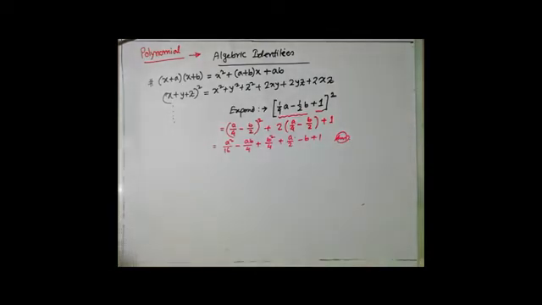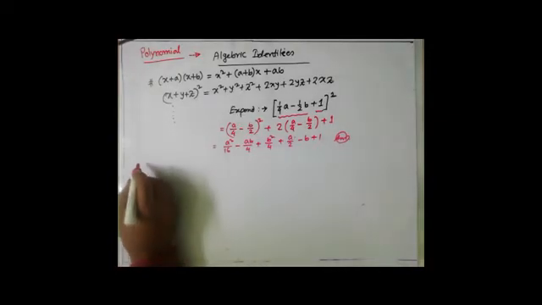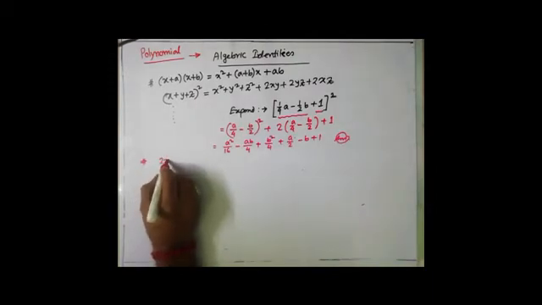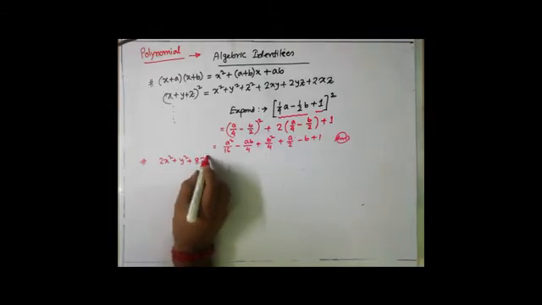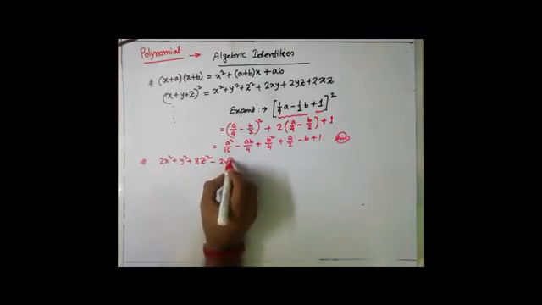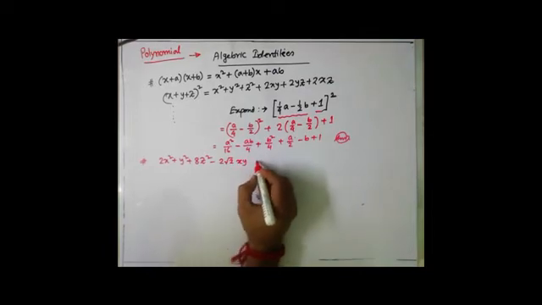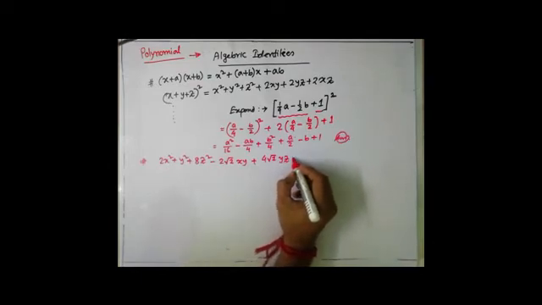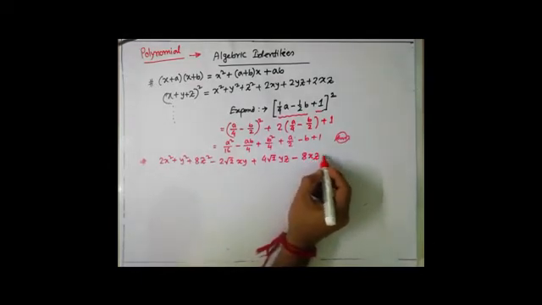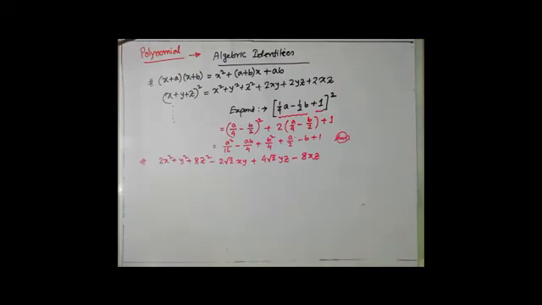So that kind of expansion very frequently comes in the exam. Now a second problem looks like this: 2x square plus y square plus 8z square minus 2 root 2 xy plus 4 root 2 yz minus 8xz. Suppose this kind of a long factorization is given. So just notice the whole structure.